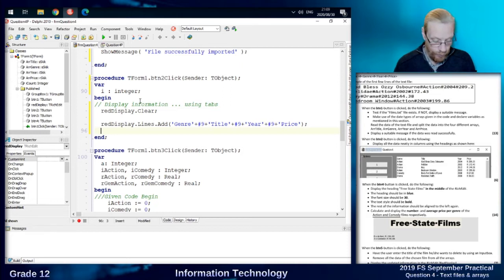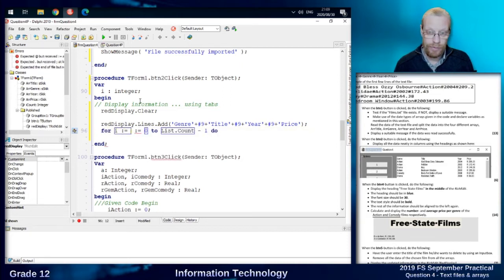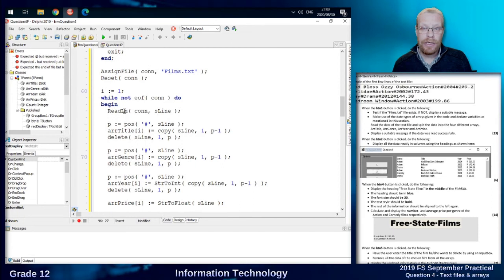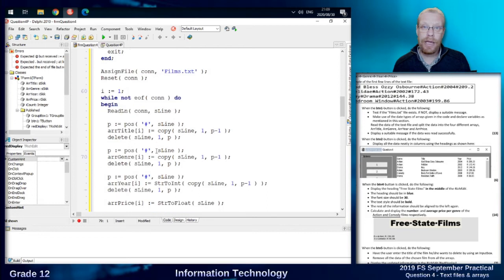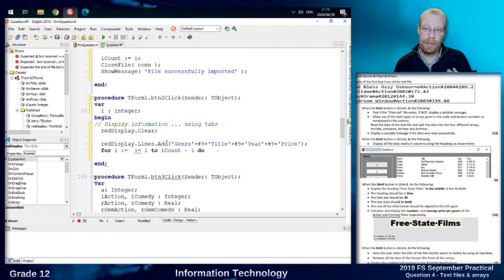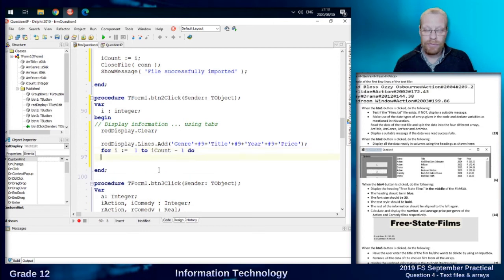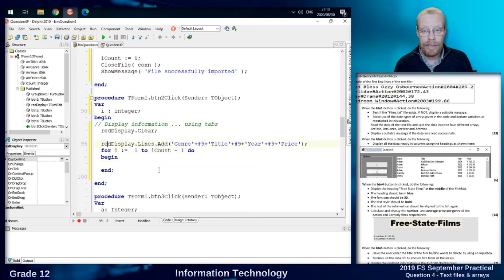It's required for for loops, not required for while loops, but I do still prefer to do that. So for I equals 1, remember the arrays start at 1, to iCount, and it will be iCount minus 1. The last time round we will have added 1 to I. I in a sense refers to the next available cell in the array, not the number of items in the array. So iCount is 1 too many in this instance. Begin, and we're going to add exactly the same thing to the output,